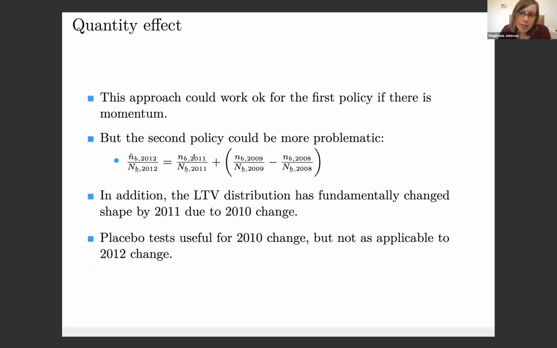And on top of this, the LTV distribution has fundamentally changed shape in 2011 due to the 2010 change. So I'm not sure whether using this 2008 to 2009 change as a counterfactual really makes sense. They show a lot of placebo tests, which I think is really useful for thinking about the 2010 change, but not as applicable for the 2012